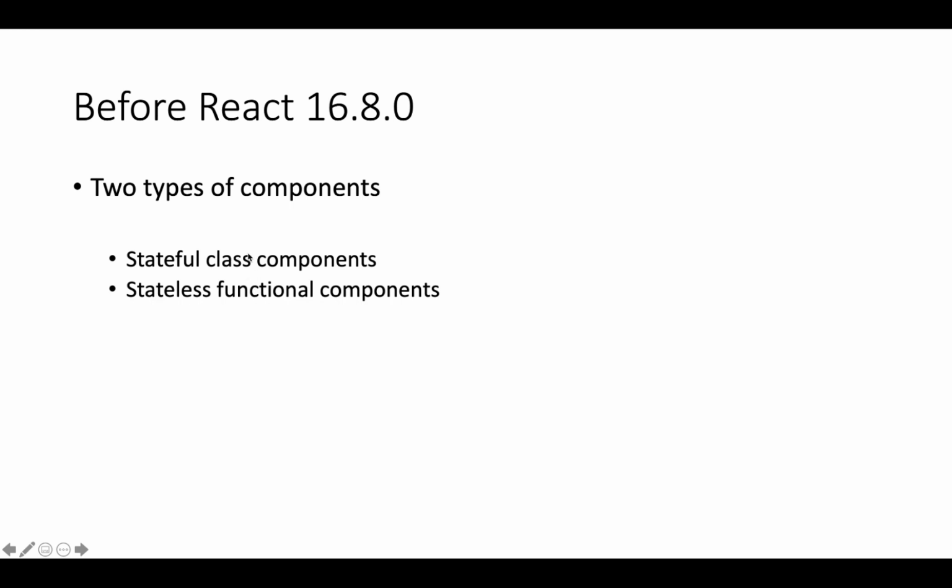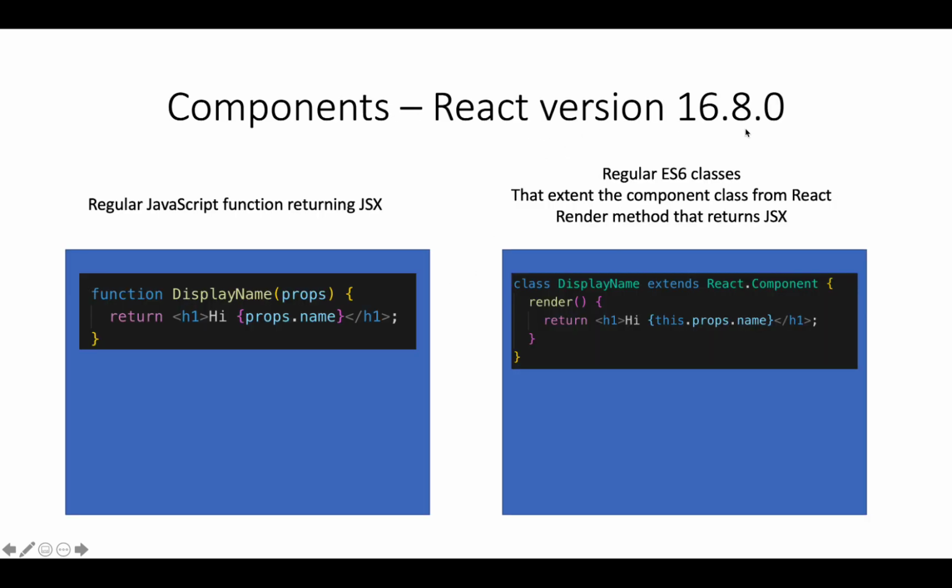So we have these two components. One is class component, another one is functional component. A functional component cannot hold state. So we used to use functional component only for rendering UI. That is, without any logic, simply render some UI based on any data that it gets. And the data will be coming from a class component. So we had these two types of components. But after React version 16.8.0, something known as hooks were released, and these hooks can actually be used to store data even in a functional component.